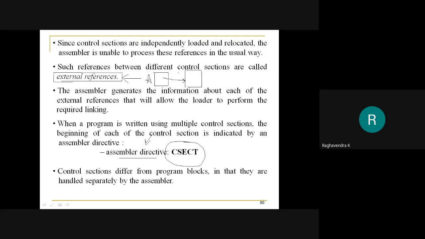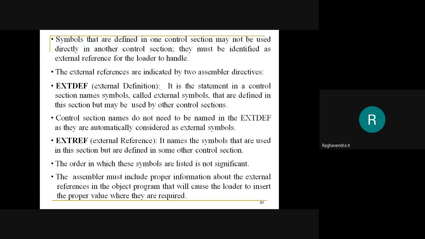Like for example, A and B are two control sections, and I have a value x that is not defined in this particular control section, but it is defined in B, but it is referred to here. So these are actually called external references. So one of the major tasks is how we are going to handle these external references.